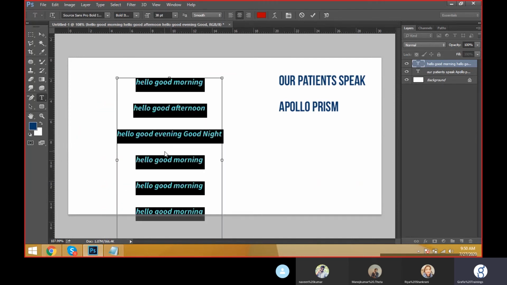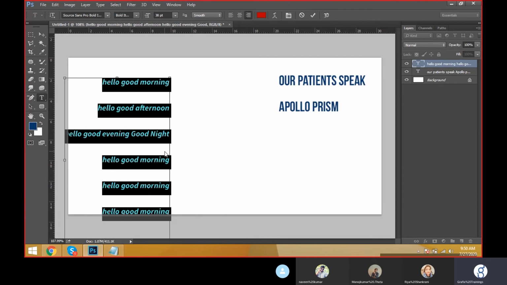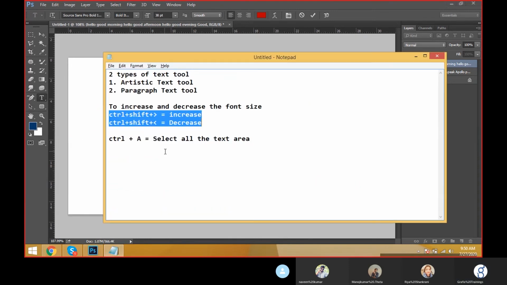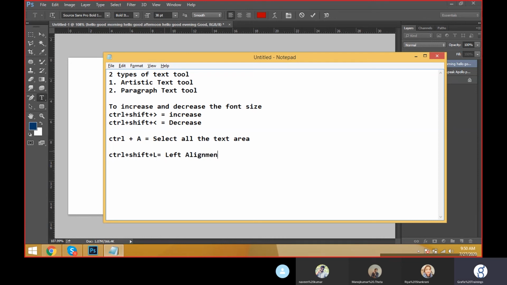Control Shift C, center alignment. Control Shift R, right alignment. Left alignment. Center alignment.